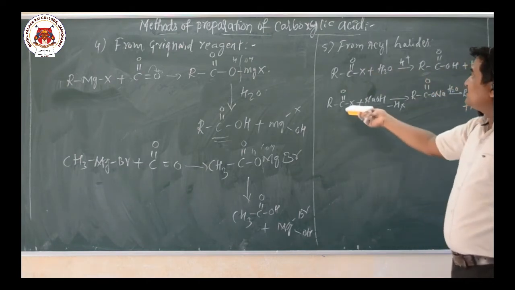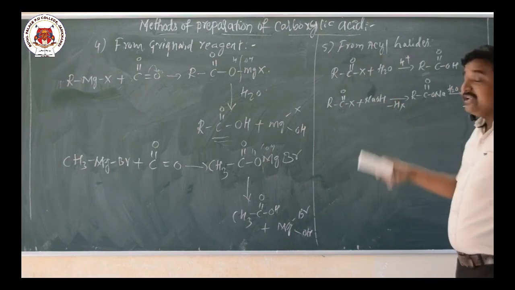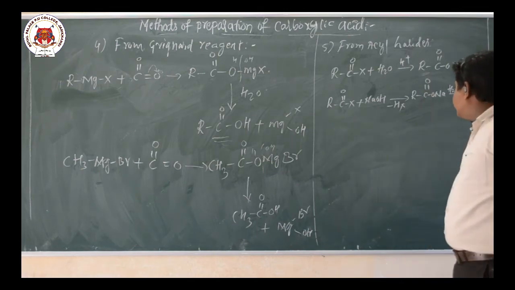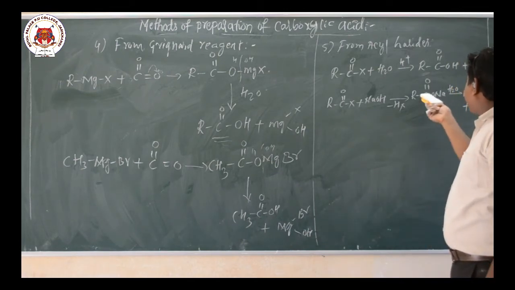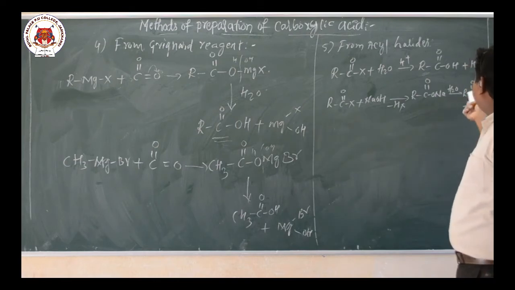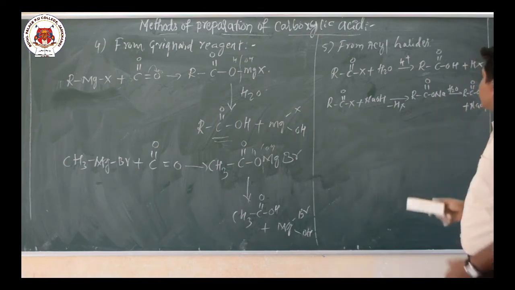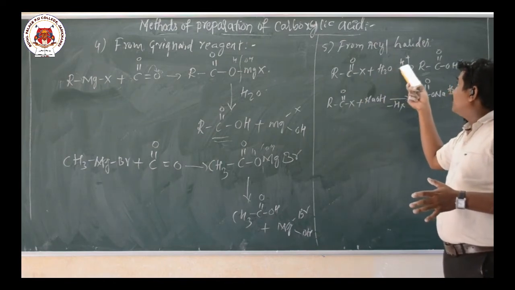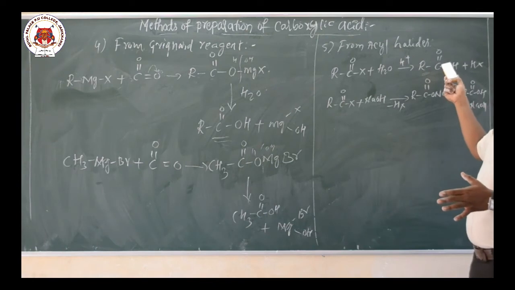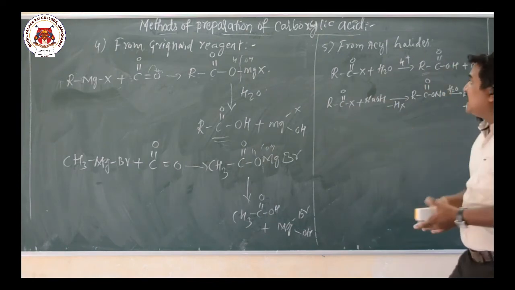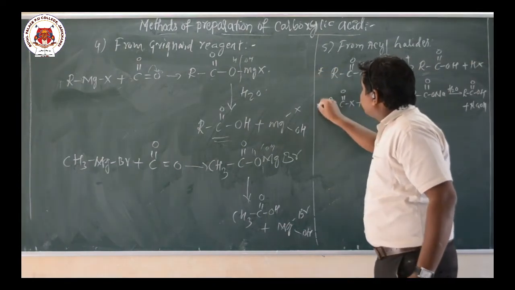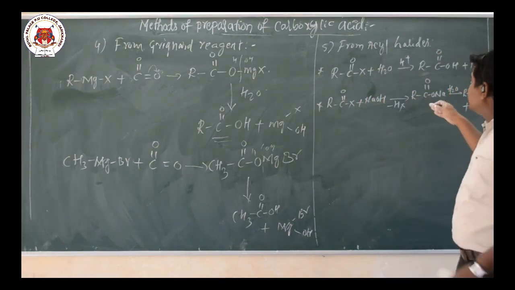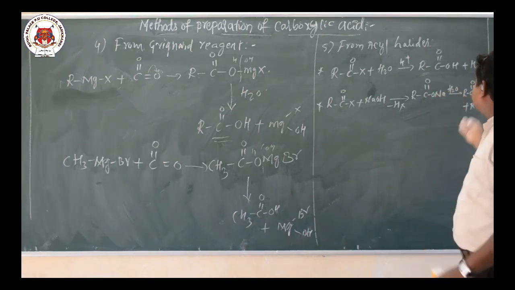Whereas when acyl halide reacts with a base, that gives sodium salts of the acid, or salts of carboxylic acid, which on hydrolysis give a carboxylic acid. So when the acyl halide undergoes acid hydrolysis, it gives carboxylic acid directly, whereas in the second reaction, when acyl halide reacts with base, there is a formation of salts of carboxylic acid. After this, when it undergoes hydrolysis, that gives the corresponding acid.